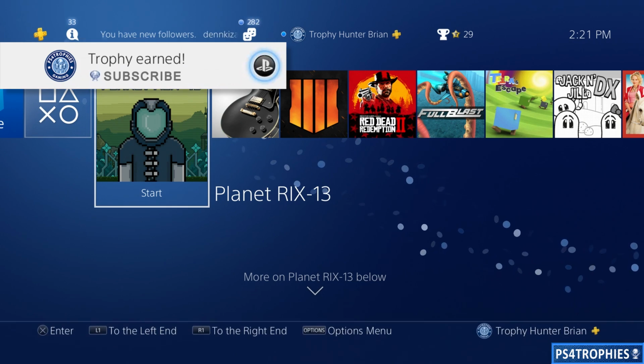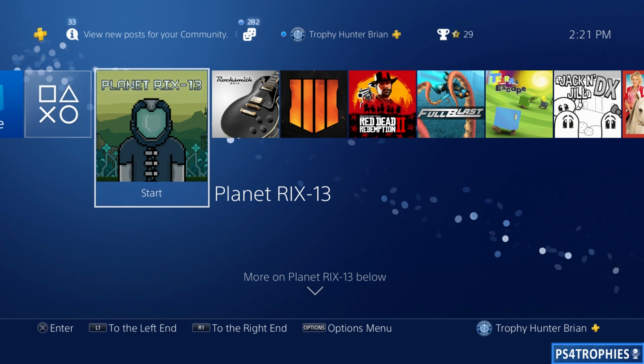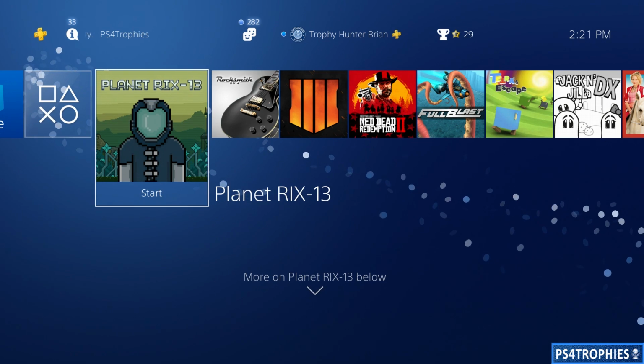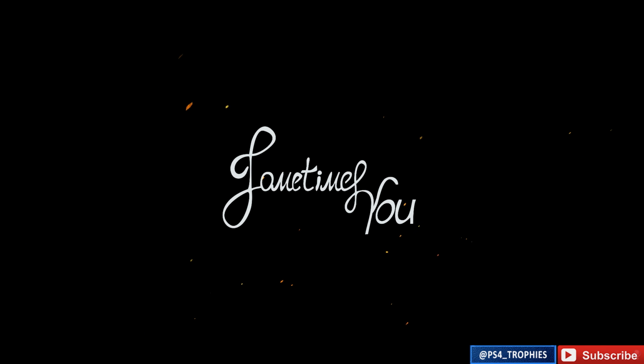Hello everyone, I'm going to give you an early look at what's probably the easiest platinum trophy of 2019. It's called Planet RIX-13. It is developed by Sometimes You. You may know them from the development of the energy games, Energy Cycle, Energy Invasion. This is a point and click puzzle game, so it's going to be relatively quick and easy if you're following